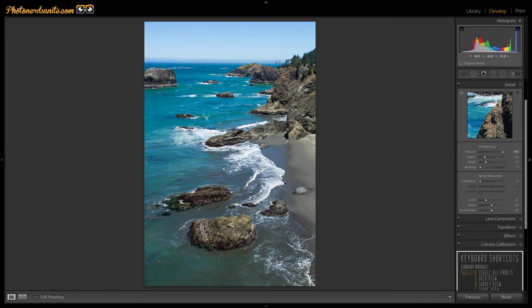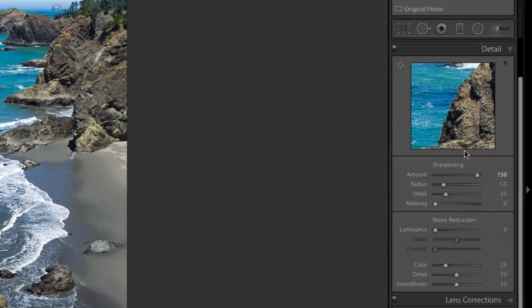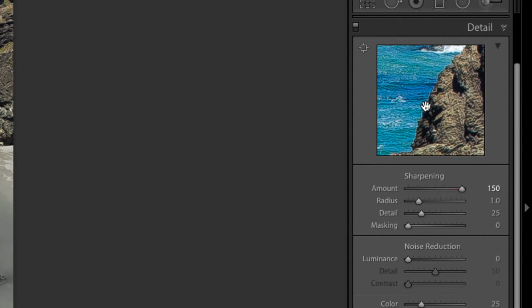And in particular, what I'm looking for is any part of the photograph where there is an edge, in this case, the rock hitting the water. And when I click on the picture, it's going to lock that into my loupe view. And clearly I can see that there is way too much sharpening here. If I move the amount all the way down to 0, all the way up, as I move this back and forth, you can see some pixelating happening when I move it all the way up